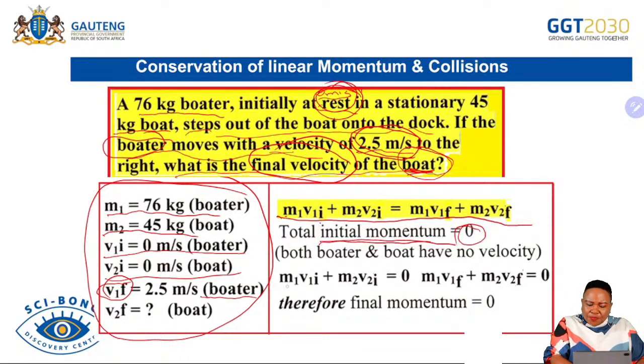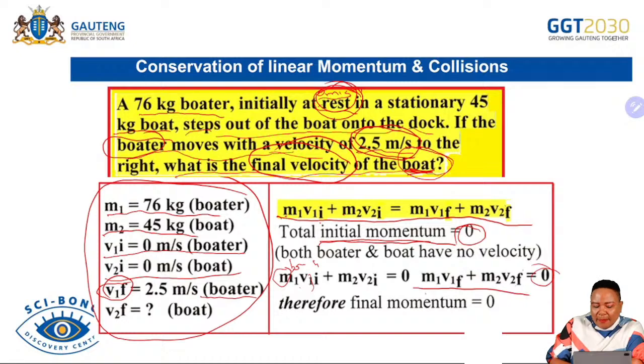And then after that, remember we are looking for the final velocity. If you know that this one is m boater v1 boater, it doesn't mean that you just have to say 1, 2 or anything else. You can label your diagram in any way. So here we are now looking for the final velocity. Here they are just showing you how they got there. But we know that the final momentum must also be 0.